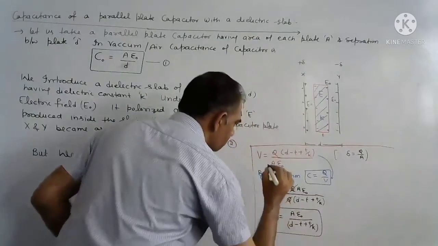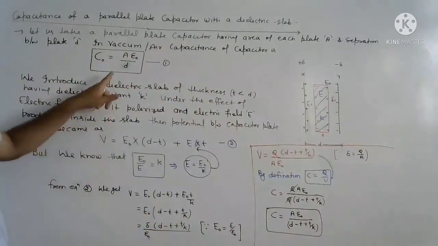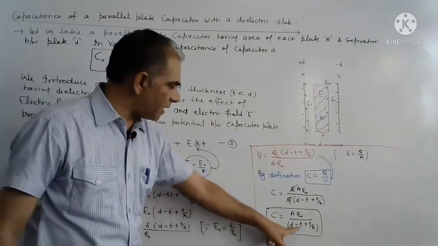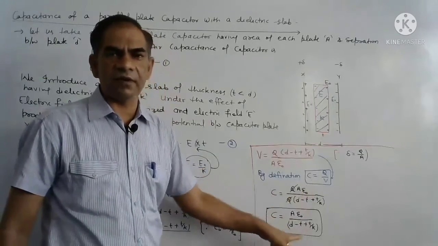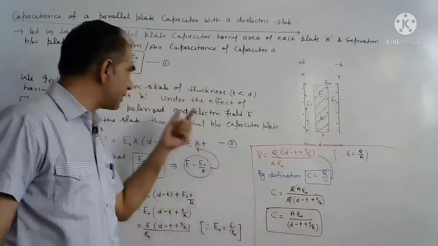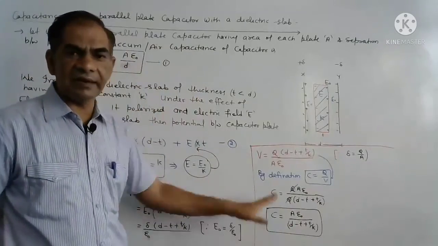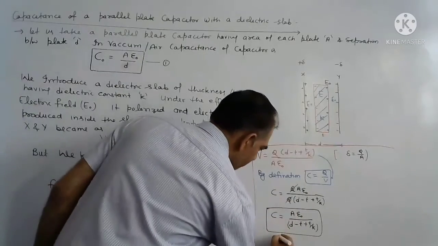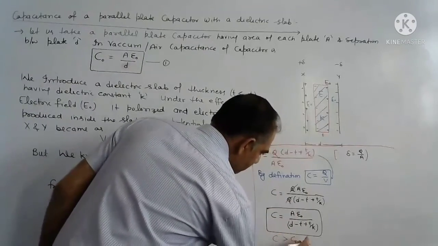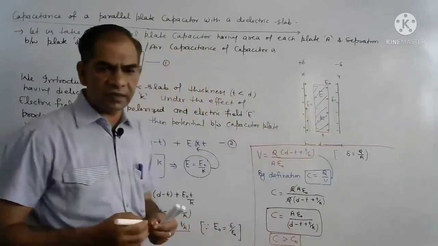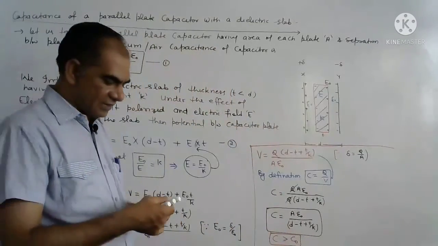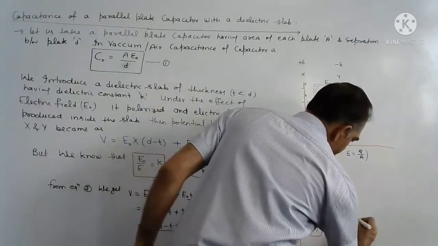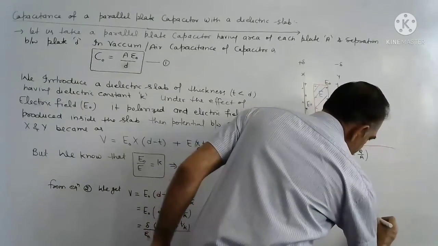Again, compare this equation and this equation. The lower part is D, and here the lower part is decreased by some factor from D. So this value is smaller than D. So we can say that C is greater than C naught. It means that capacitance increases. Finally, we write capacitance increases